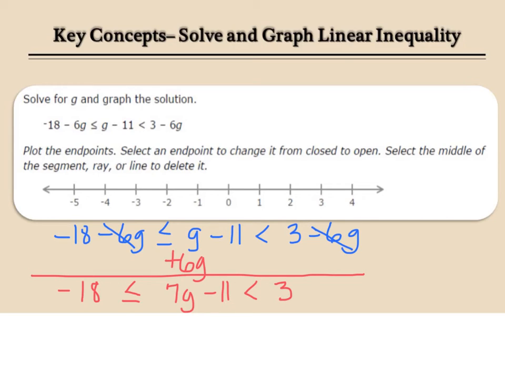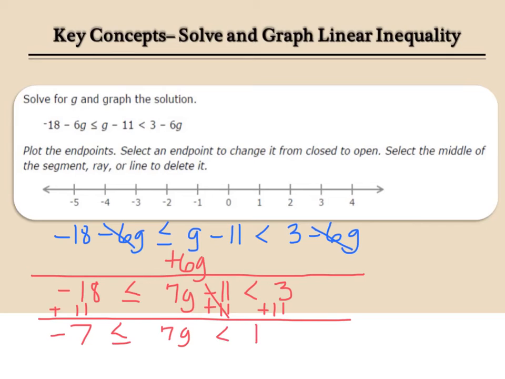I'm going to add 11 to both sides. I end up with negative 7, 7g, and 14. When I divide all the numbers by 7,